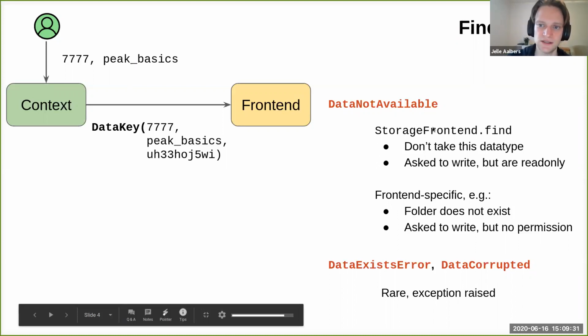It can happen in the base class of the storage frontend. So that's code that all storage frontends have in common. That then happens for generic cases, such as this frontend doesn't take this data type. For example, you may have seen that all of the official XENON data is split over two folders. There's a raw and a processed folder. The raw folder only contains things like raw records and won't contain event info. So if you have a front end that just goes to this raw folder, and you try to load event info, it will immediately raise data not available already here, because it doesn't take that data type nor provide it.